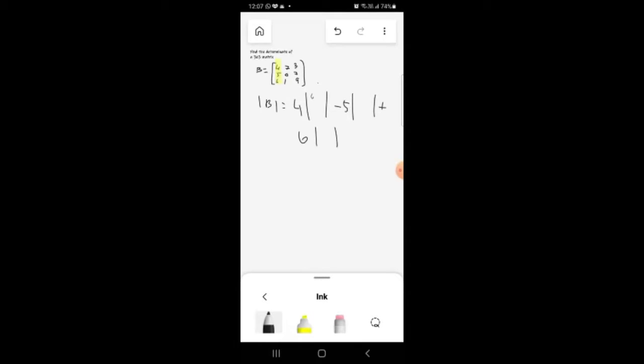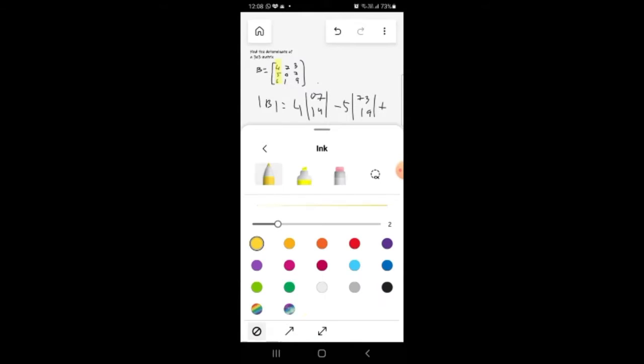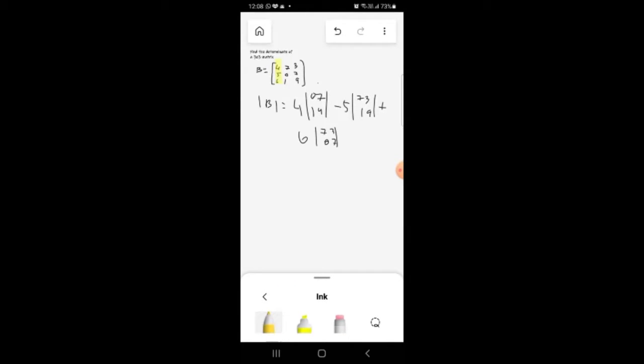The second term that will be multiplied with 5 is 7,319, and the third term, which is 6, will be multiplied with the determinant of 7,307. But how do I get the determinant of the 0,719 to be multiplied with the first term, which is